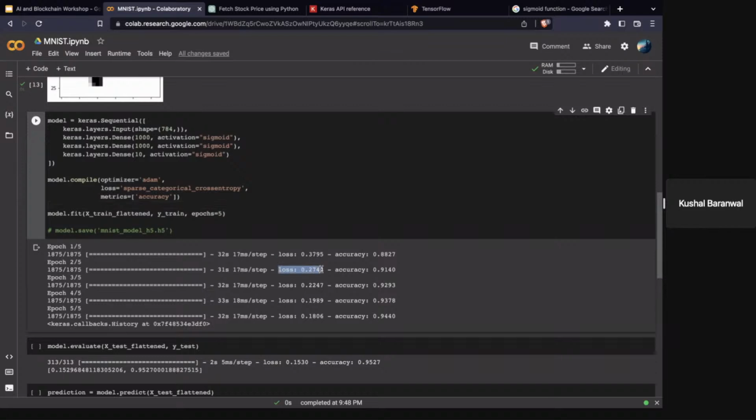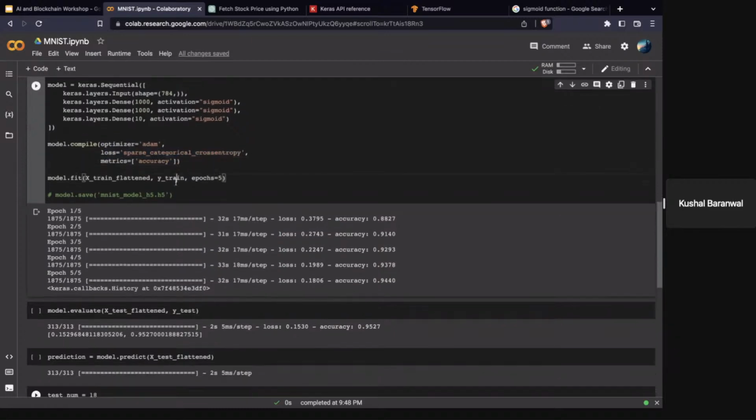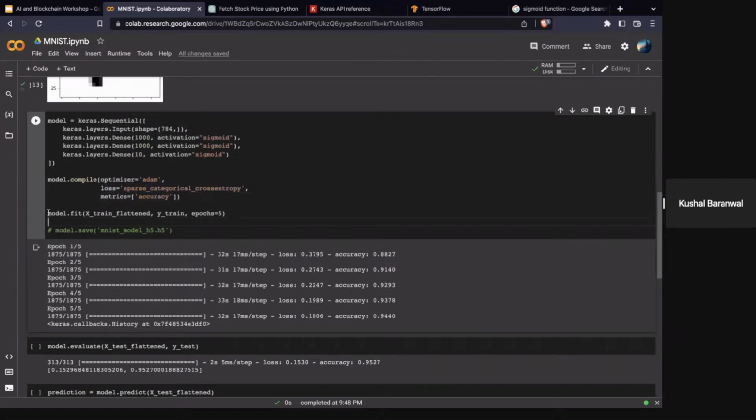There's some hardcore calculus going on here that I don't want to bore you guys with, but it's basically just trying to minimize this function. And the optimizer is, again, associated with this loss function. Again, it's mostly deep differential equations and stuff. Now model.fit, this is actually important. You call it with your X train data and your Y train data, and epochs are basically the number of times it'll iterate over all of the data. If you want to see, oh wait, I'll actually show you how.